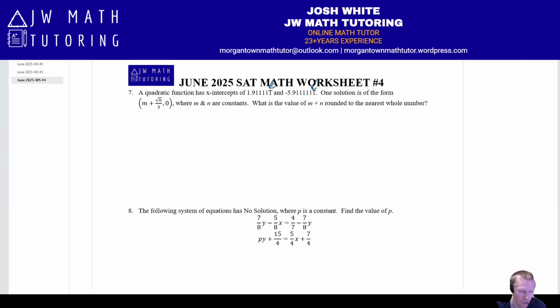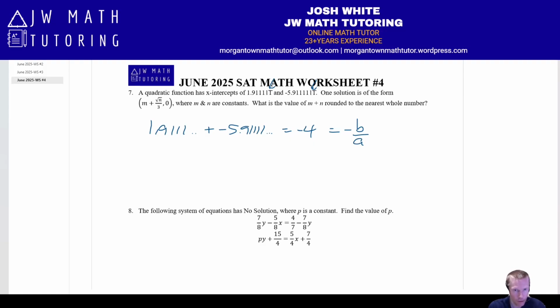So the first thing to notice is that if you take your two solutions here, x-intercept solutions, roots, all the same thing, and you add them together, so the 1.9111 plus negative 5.911, and so on, you will get negative 4. And we know that the sum of the solutions is equal to negative b over a, a shortcut formula. Therefore, what you can do now is basically determine that